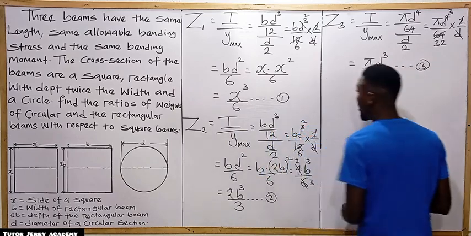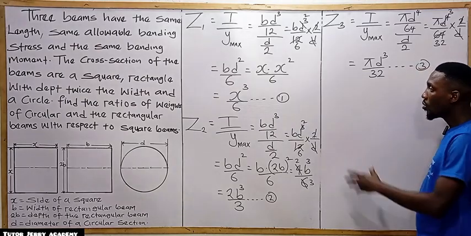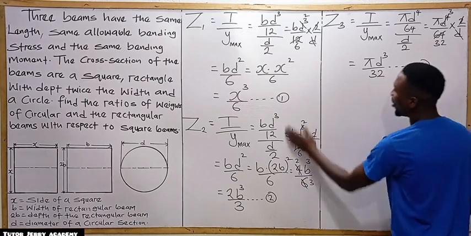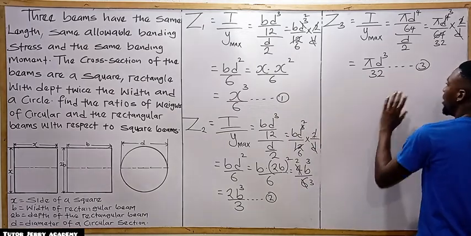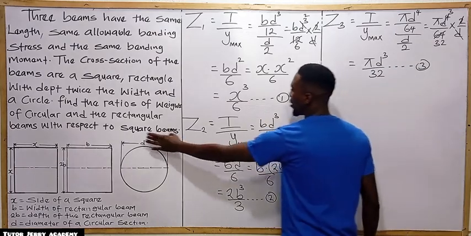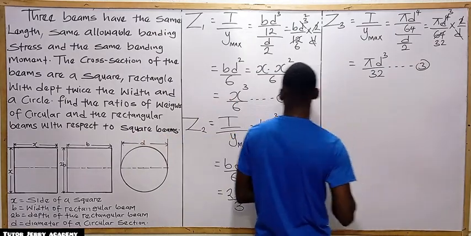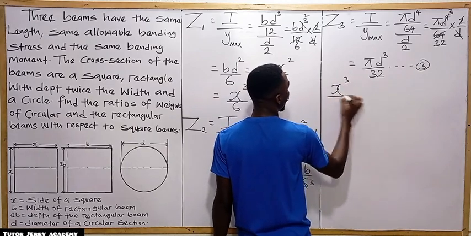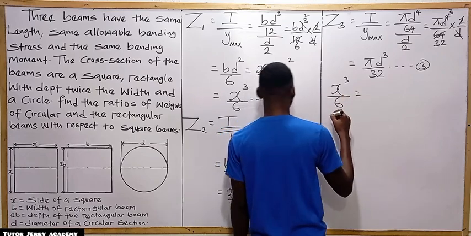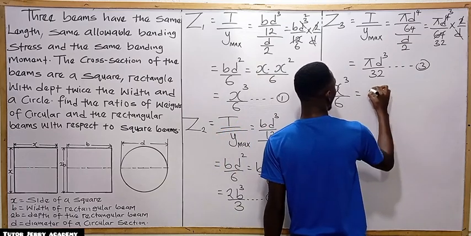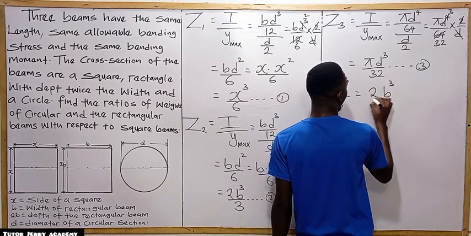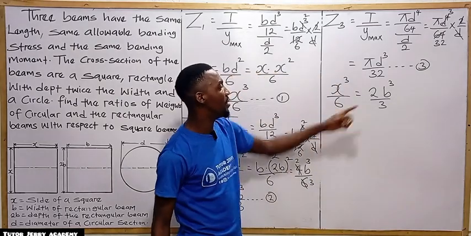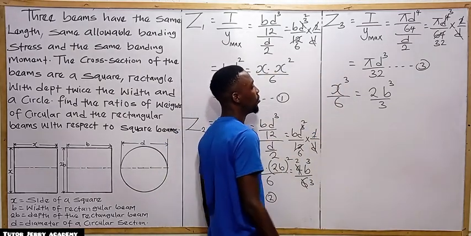All right. So the next thing we are going to do is equate equation 1 with equation number 2 and equation 1 with equation number 3, because we are told to keep our square beam constant. So let's start with equation 1. Equation 1 is s to the power of 3 divided by 6 equal to equation number 2, that is 2b cubed divided by 3. Here we are going to make b the subject. So for us to do that,